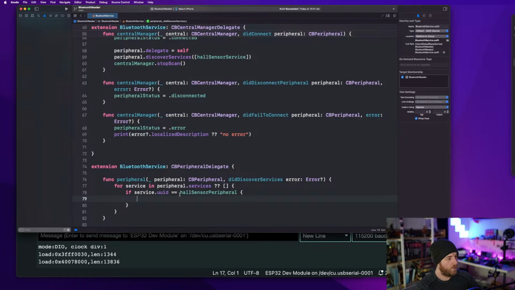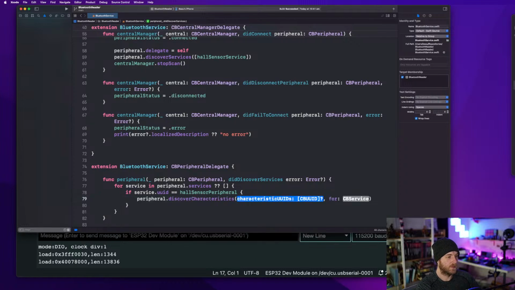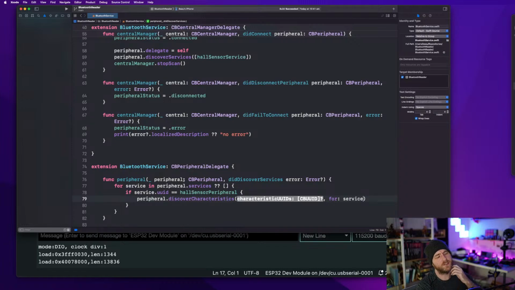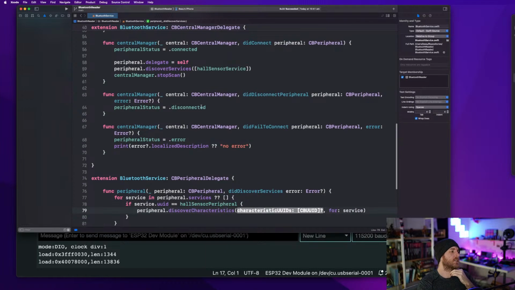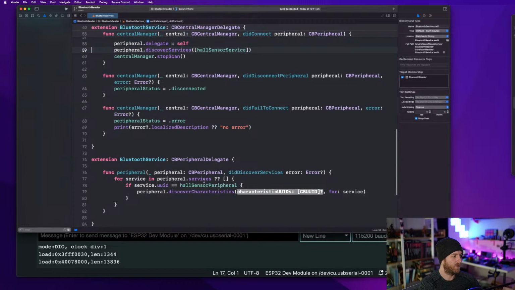And then what we need to do is say peripheral discover characteristics, and then we pass through our service, CB service. So this is the only way I know of to get a CB service to pass in through this discover characteristics. Basically you can't just start discovering characteristics immediately. You can't just go peripheral discover characteristics and bypass discover services. You have to do discover services, get the service back in an array,